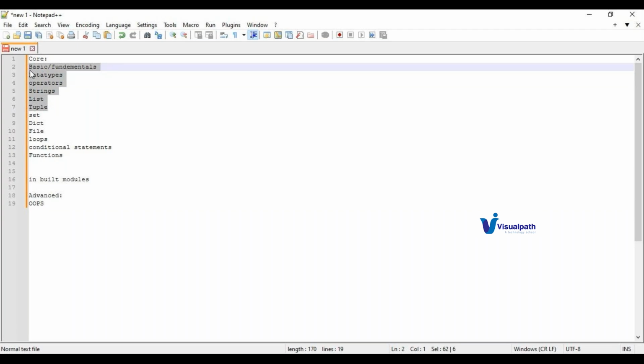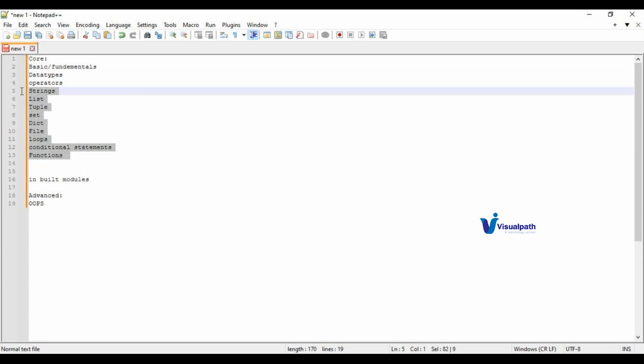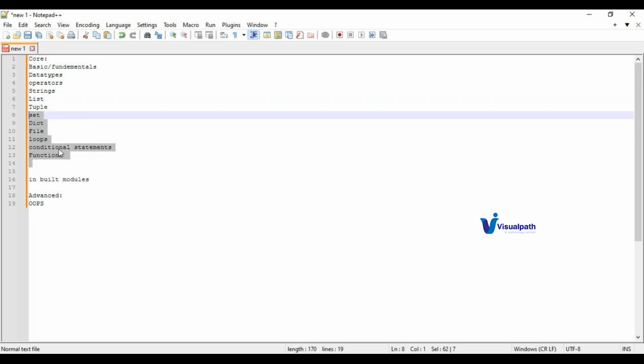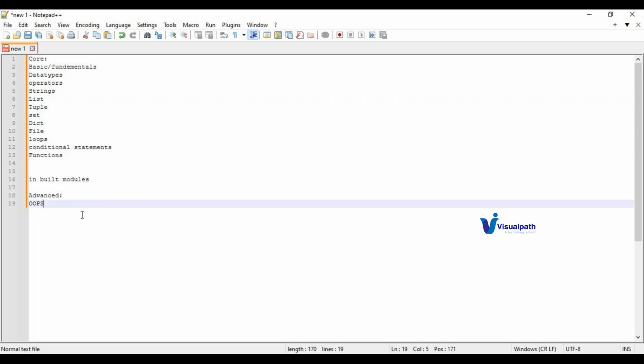Okay, and also we'll try to build a project. The project will be designed in such a way that whenever we learn data types, operators, strings, we'll be writing some portion of the code, and after that we apply the same project with list, the same thing we use with tuple. So all the data types we try to use in the same application. After we complete core Python, you can be ready with your project, and the same project you can implement using object oriented programming also. That way you can learn and get some hands on.